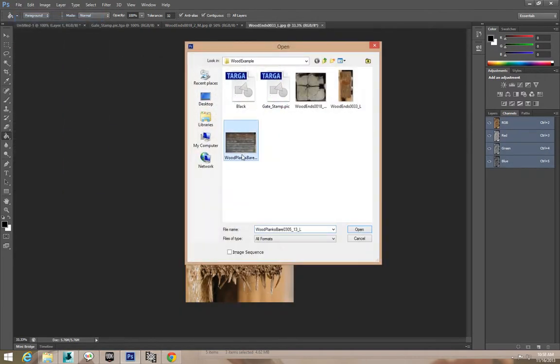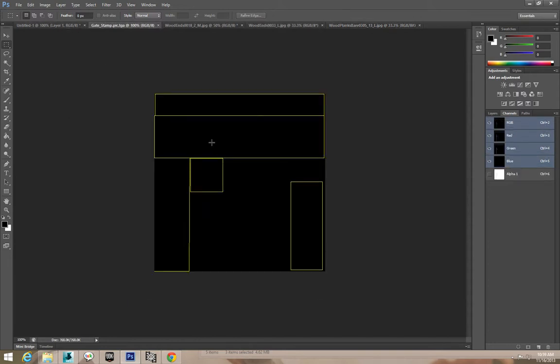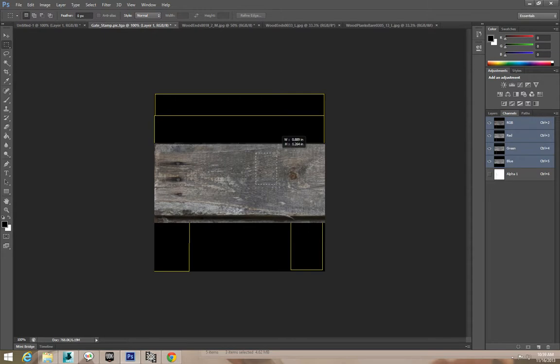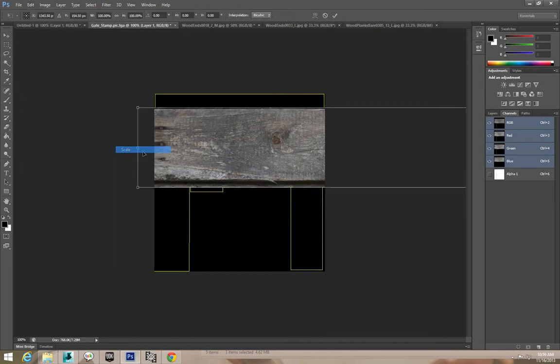And let's say we're happy with these kind of things here. So I'm going to make a selection here, just say I want this wooden plank thing. Going to hit copy, go over here, hit paste, whoops, and scale this down, so transform, scale it down,